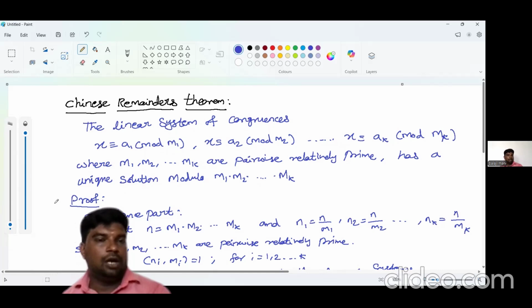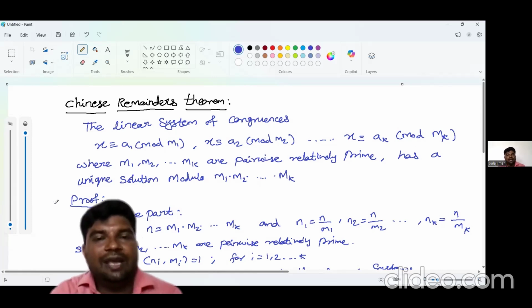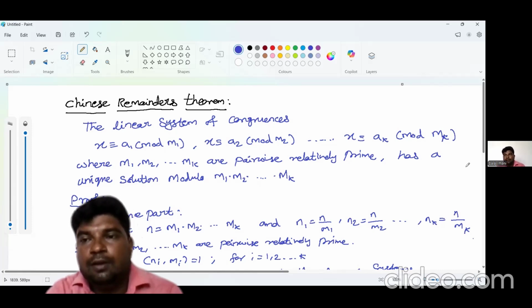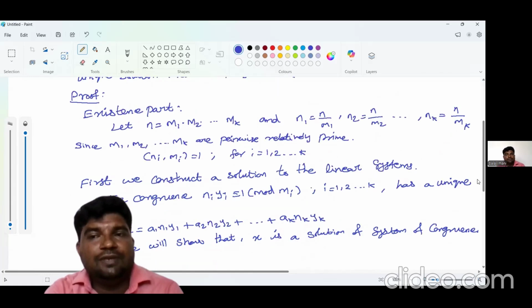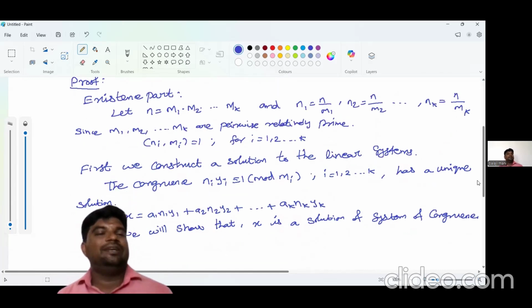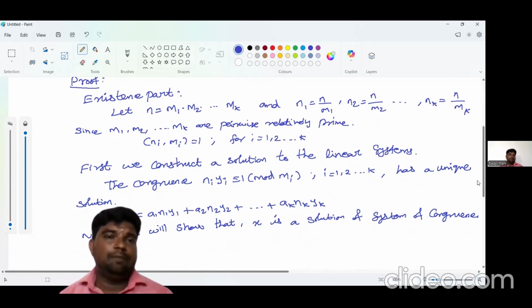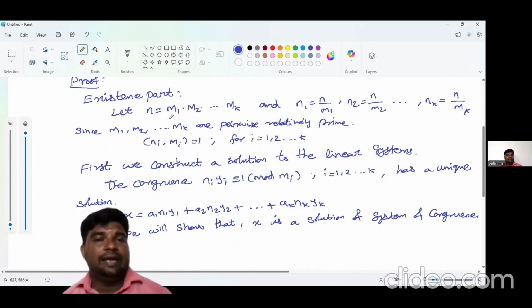So now I am proving the statement. The Chinese remainder theorem states that the above equations have a unique solution under the modulus product of m1, m2, ..., mk. The proof consists of two parts: the first one is the existence part, the other one is uniqueness. For the existence part, let me consider n equal to m1 × m2 × ... × mk, and n1 equal to n/m1, n2 equal to n/m2,